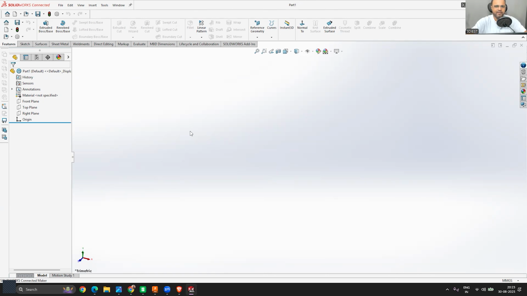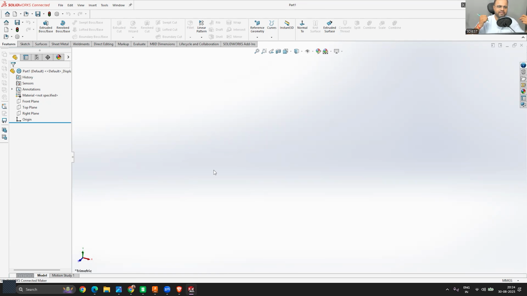But before we start making anything in this new part file, I always recommend a few things that you have to do. You have to take those steps to make your design easier, right? These are the most common steps that you have to apply in each of your part files, assembly files, drawing files. Whenever you first launch your part file, before you start anything in the design, it's important to save your file, right?